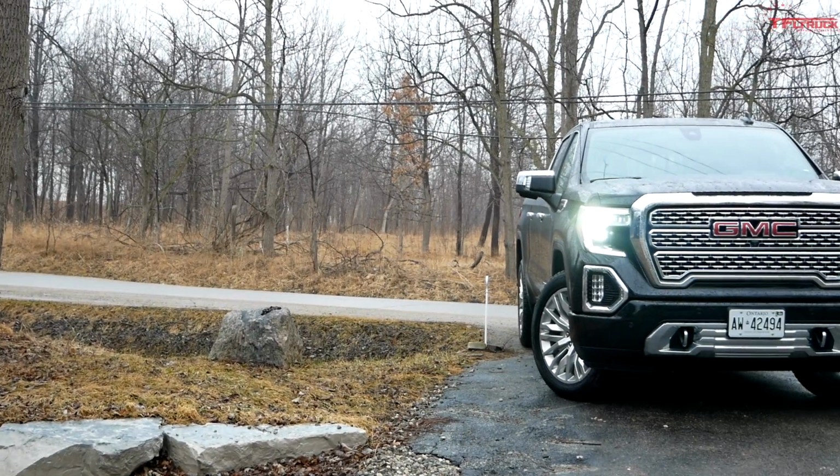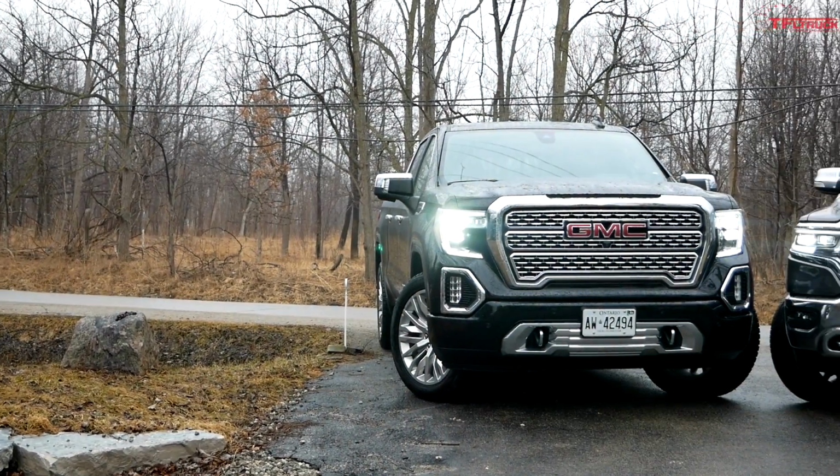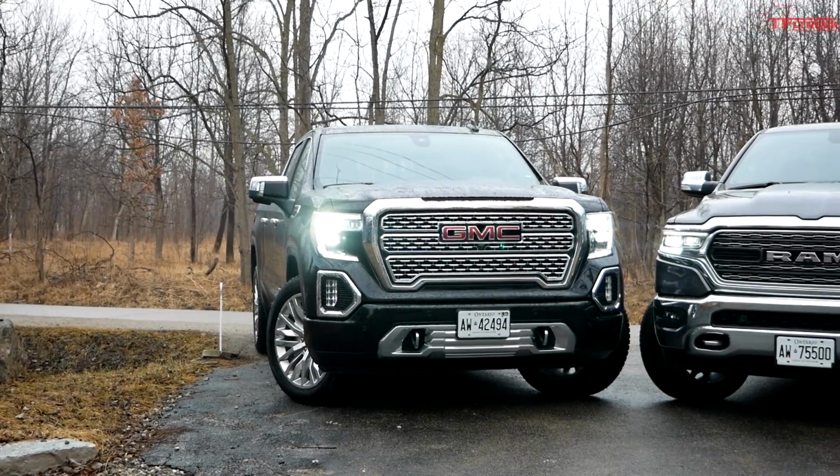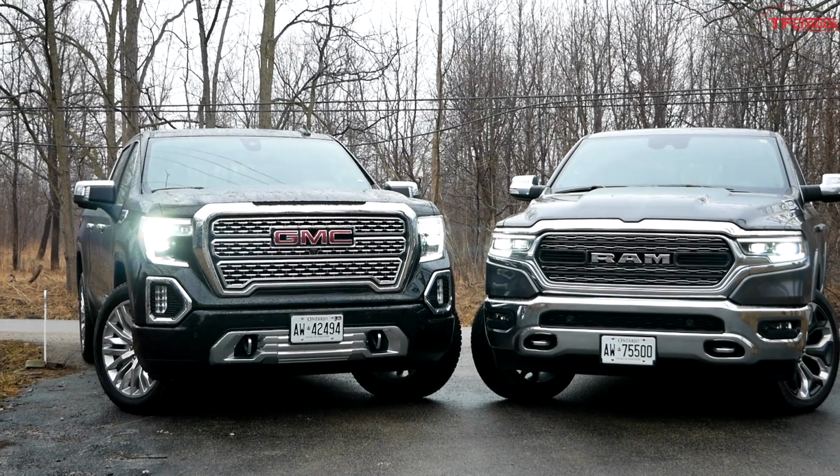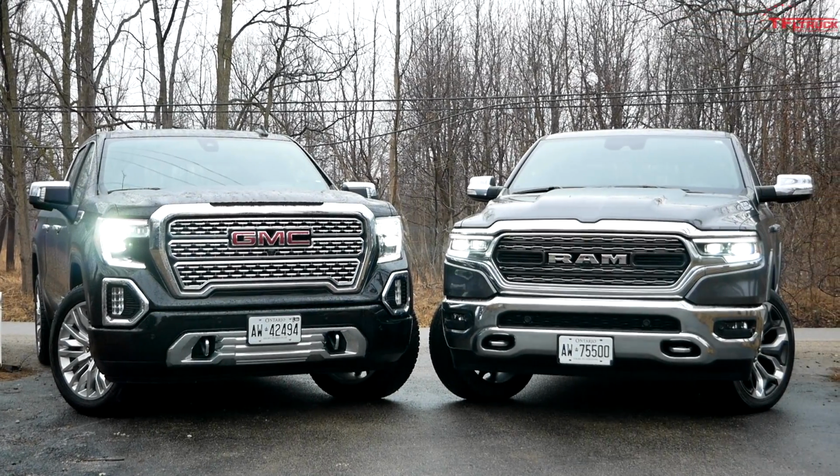Here comes one of the most important breakdowns in this video for these two trucks anyway, the pricing. And I've stopped here on this dead-end road to read them all out to you because I got a lot of numbers here. So the GMC Sierra here in the US starts at $33,500. Now the Denali starts at $54,700. And then if you get a truck like we have it outfitted here with a number of different options like the technology package, this truck as it sits in the United States costs about